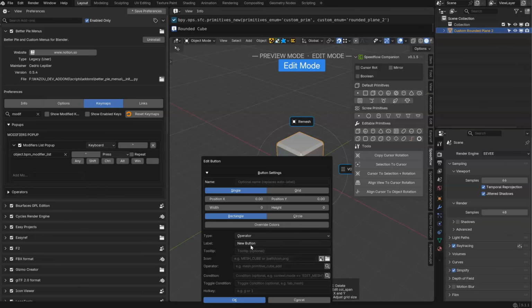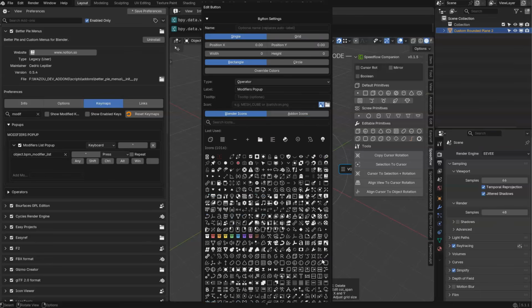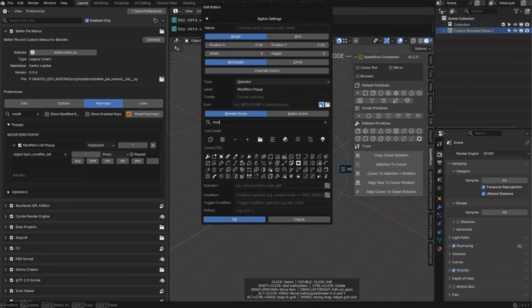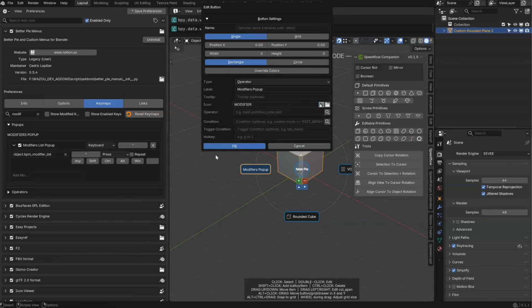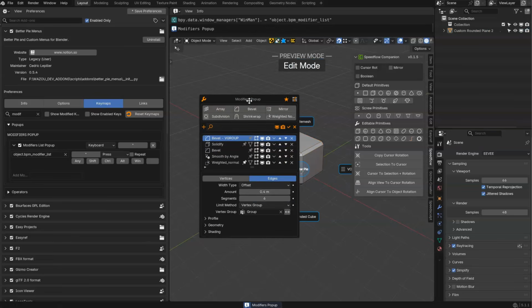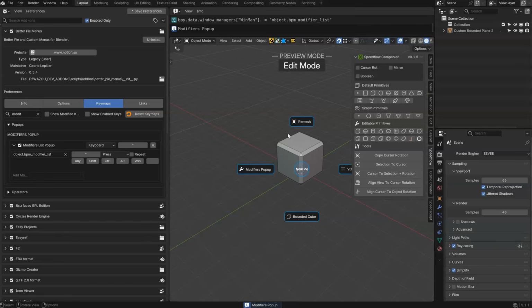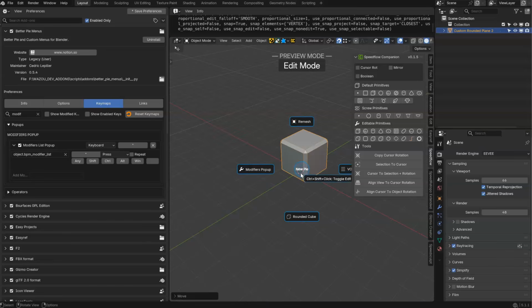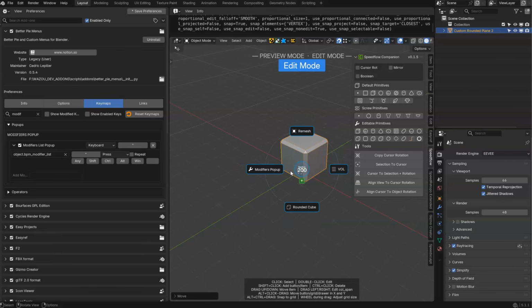I will double click, let's name it modifiers pop-up. Okay, let's add this, let's enter modifier. Let's select this icon, and for the operator, paste it like that. As you can see, this is just that. I will click on OK, and you will see that that will work. Okay, so as you can see, you have several ways to add, for example, this is new, this is nice,